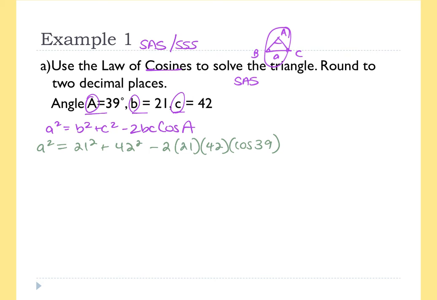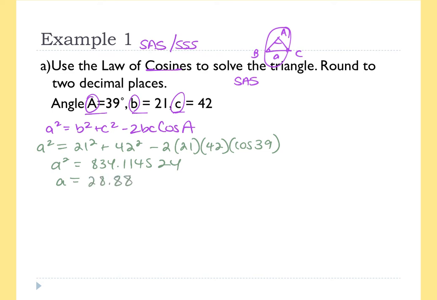So 21 squared plus 42 squared minus 2 times 21 times 42 times the cosine of 39. And I get A squared equals 834.114524. I'm not going to round it. I'm going to square root it. So you could have also done that from the beginning. And I get A equals